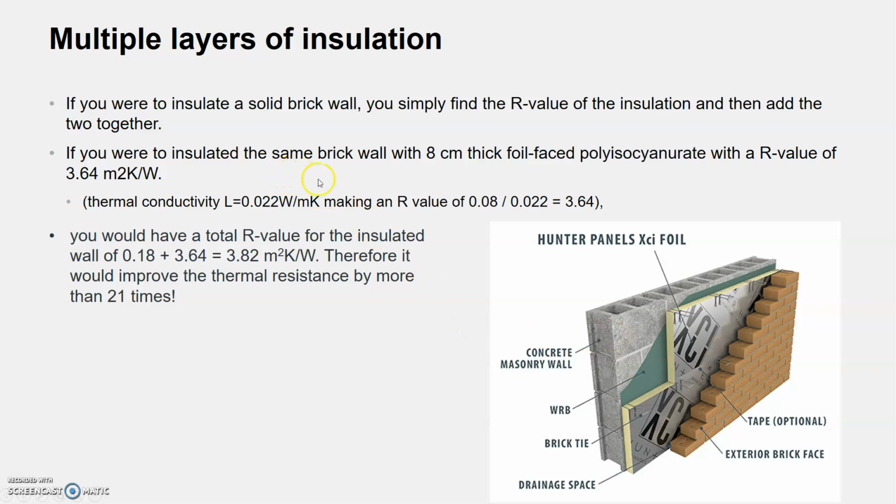So if you were to insulate the same brick wall with 8 centimeter thick foil-facing polycyanoacrylate styrofoam with an R value of that, then all you have to do is add those two together and you can increase it a lot. So in this wall, it would have a total R value of insulation of 0.18 due to the brick plus the styrofoam at 3.64. That gives us 3.82. Therefore, it improved the thermal resistance 21 times by just adding this little simple piece of styrofoam to the backside